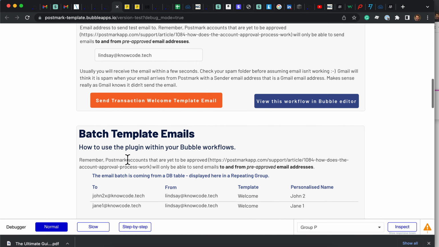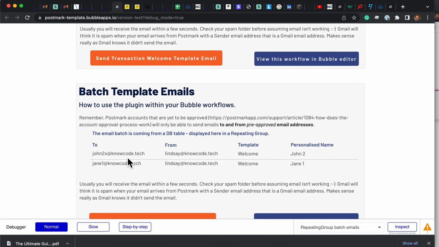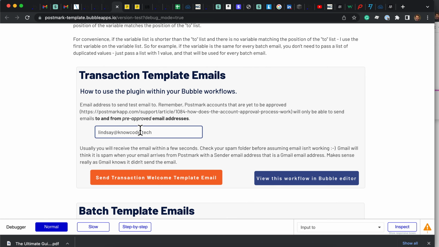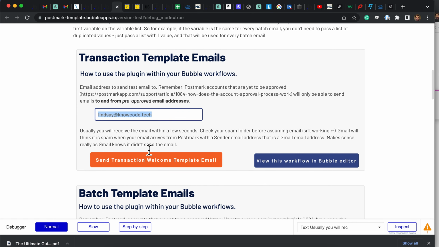Template emails and batch template emails. So with Postmark, you would generally use a transaction template email where you wanted to send the same email to 50 addresses or one address, and in the to field you have a text field which is comma delimited with up to 50 email addresses, and Postmark will send 50 identical emails,